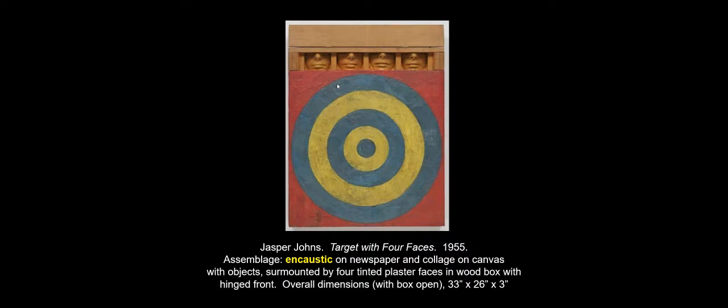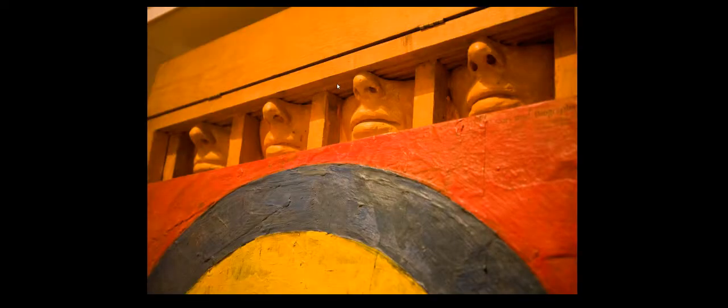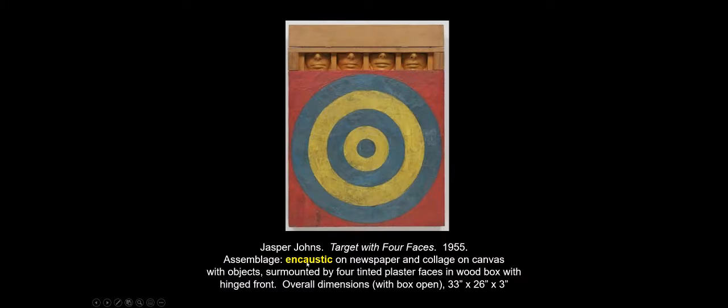Anyway, just to be totally frank, this is a piece where I just like to point out, again, the opposite of abstract expressionism. It's totally literal, not abstract at all. It's a target and has four faces. One of the things, though, I like to point out is the type of paint that he used, encaustic. And as a matter of fact, this is the only work of art in the entire textbook that uses encaustic as the medium. The only one we've seen since chapter 7. I just thought that was a nice little callback.